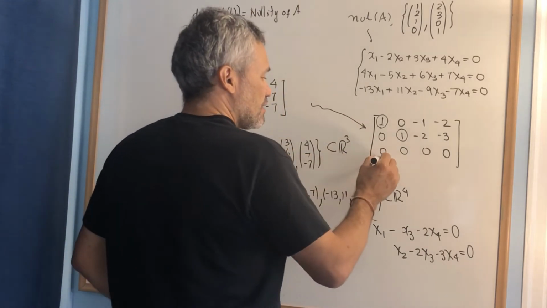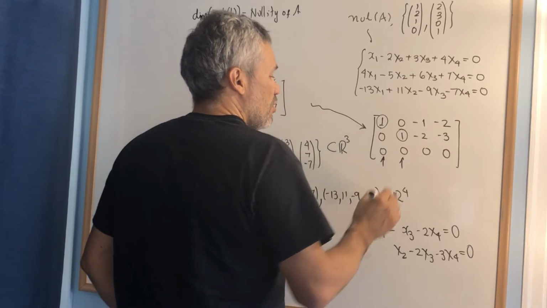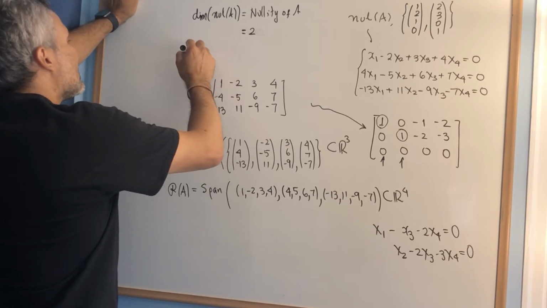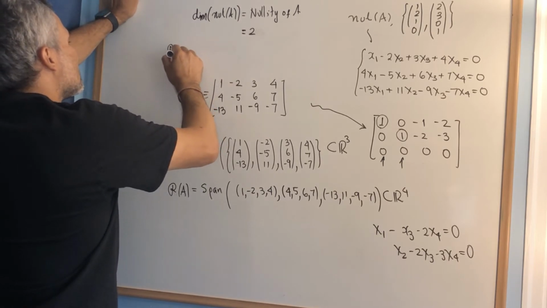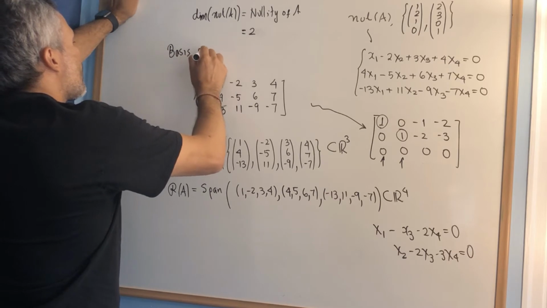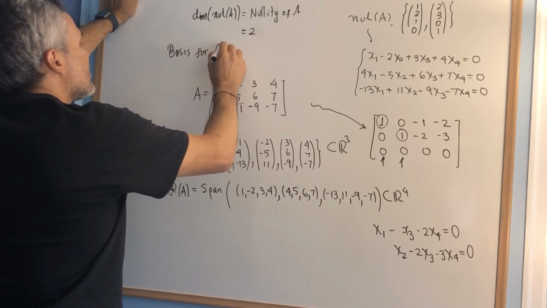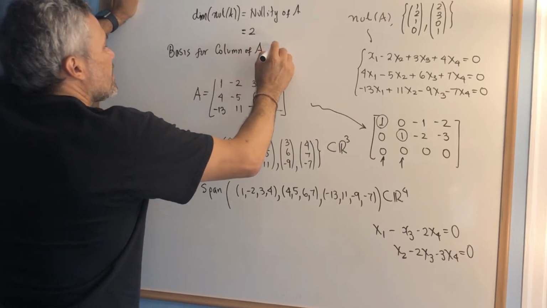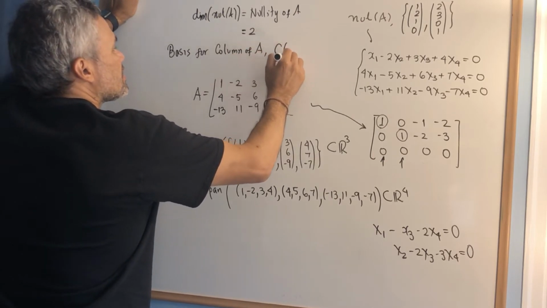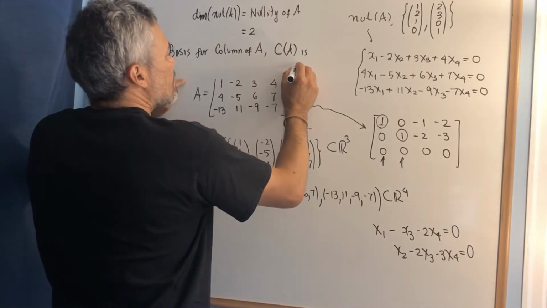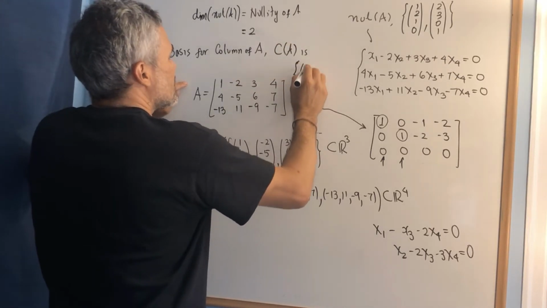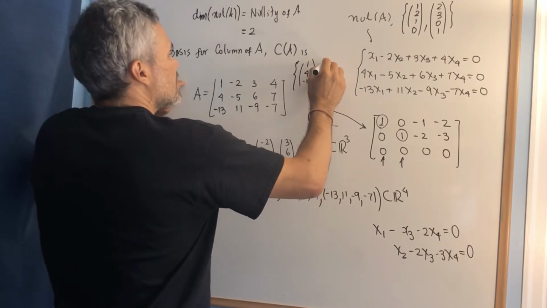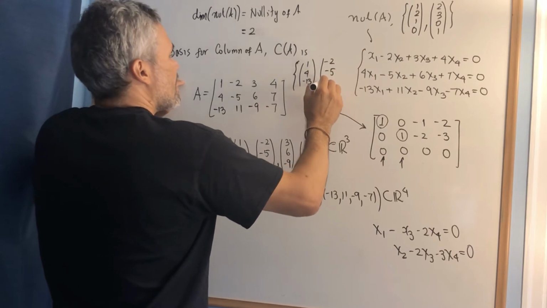Here we have that the first column has a pivot, the second column has a pivot, and therefore in this case we have that a basis for the column of A, which is denoted by C of A, is the set given by these two vectors, (1, 4, -13) and (-2, -5,